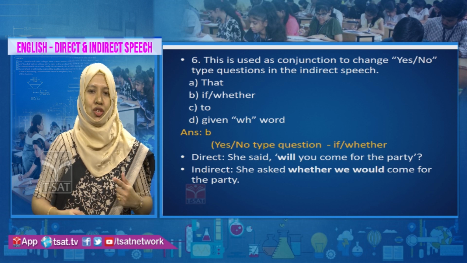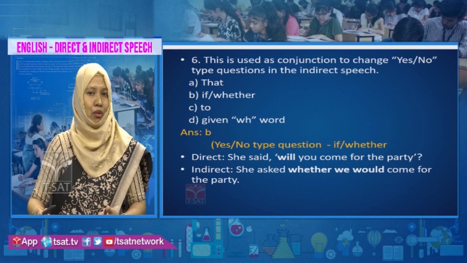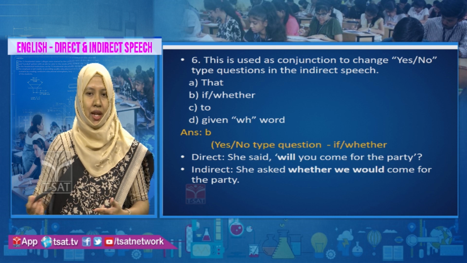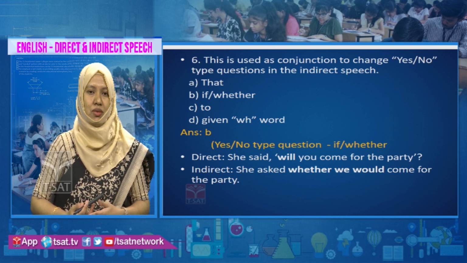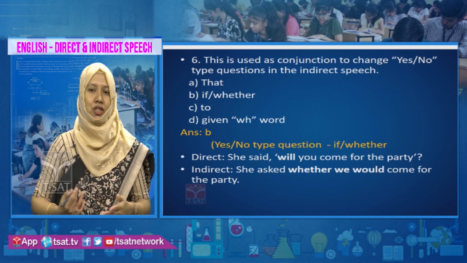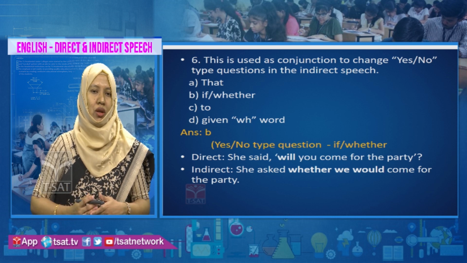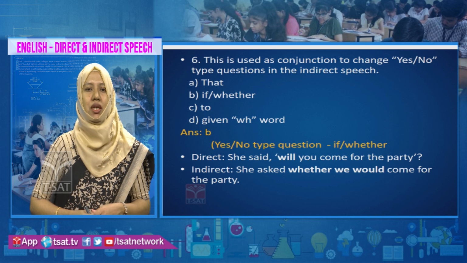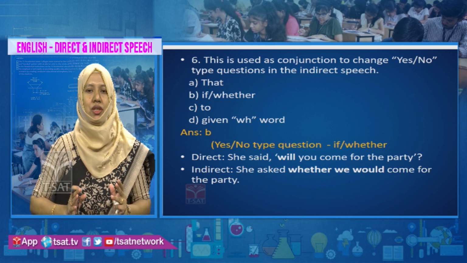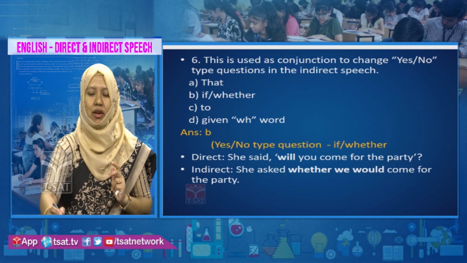So, when yes or no questions are there, may I come in? Will you please get me a glass of water? Such kind of questions where the answer is yes or no. What option do you use here? What conjunction will you use here? Option A, that. Option B, if or whether. Option C, to. Option D, WH words. Always the rule is, whenever yes or no kind of questions are there, you have to use if or whether